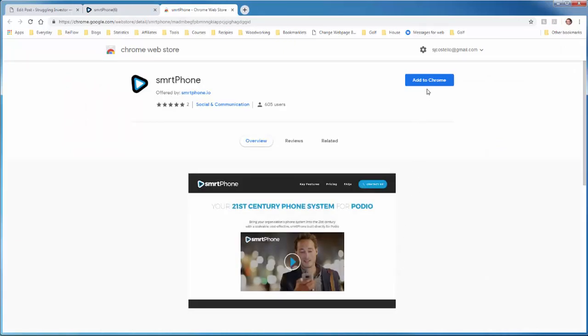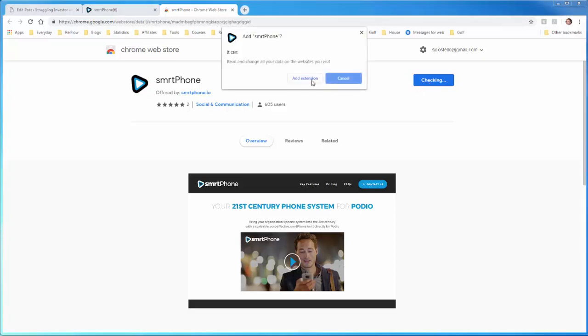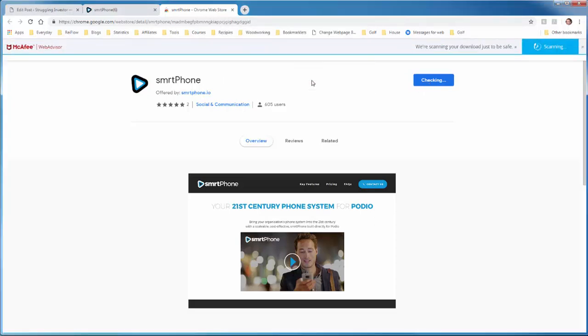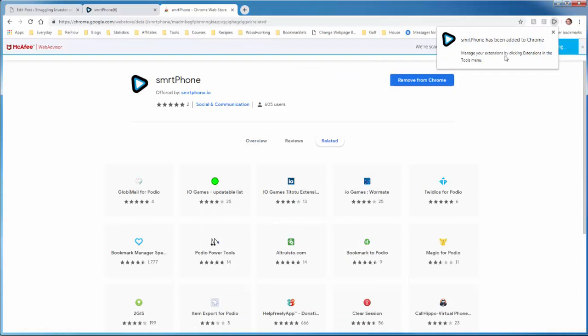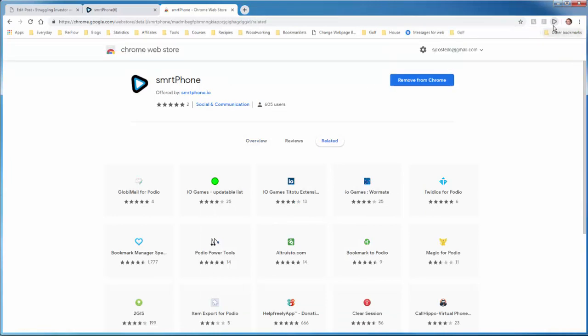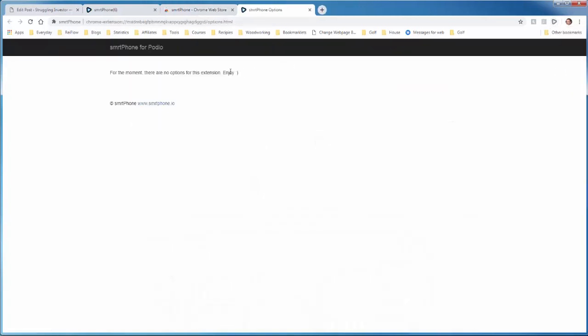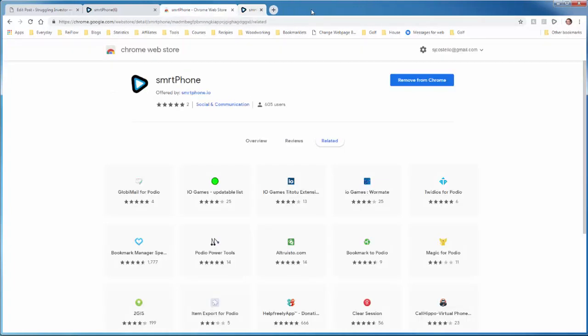then click Add to Chrome. Click Add Extension, and then it'll be installed. There are no options to set up with this Chrome extension, it just runs as is. We click here and go into options, we'll show you that there's nothing to set up, which is great, makes it easier. And if we go to Podio,